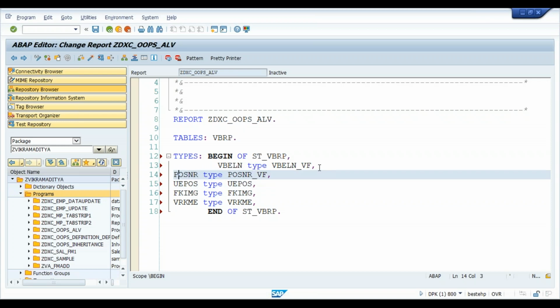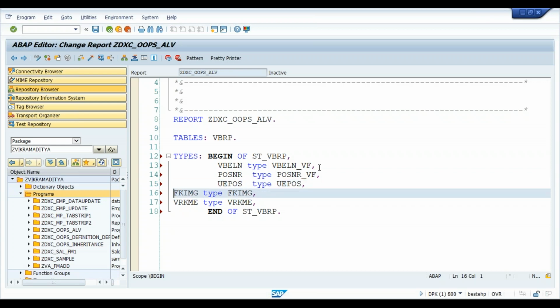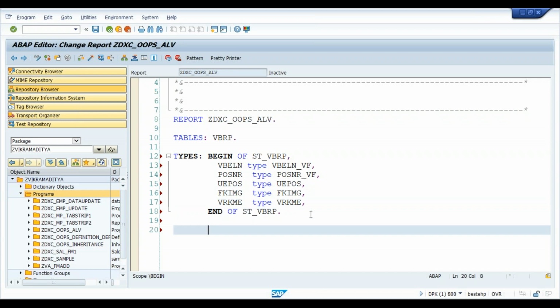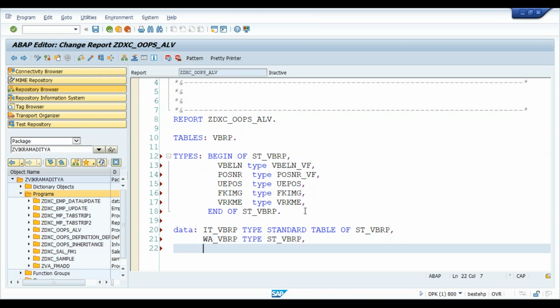So we have this POSNR. VBRP is for sales billing document details. So we are going ahead with a couple of fields here, which we want to display in the ALV report, which is built with the help of the classes. So we'll go for data IT_VBRP, type standard table of ST_VBRP, W_VBRP, type ST_VBRP, and after this